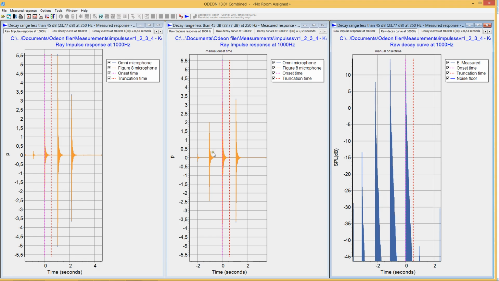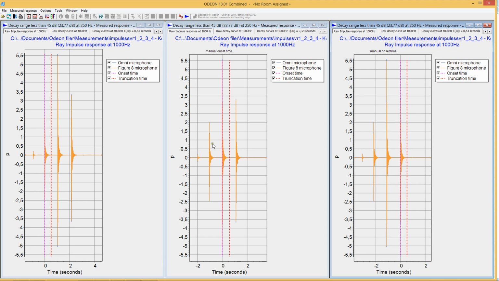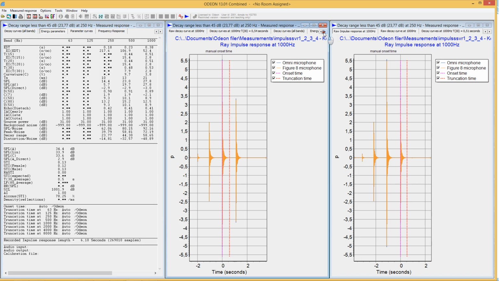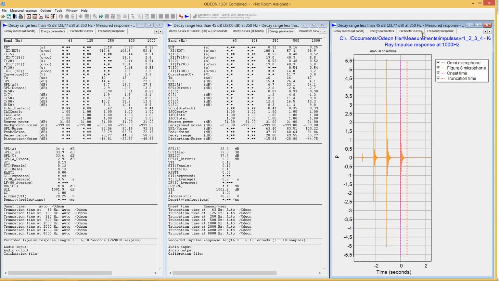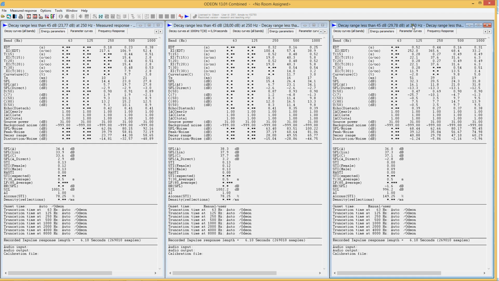So we selected 3 impulse responses, 3 different hand claps, and let's have a look at the parameters. So here we have energy parameters, and this helps me to explain that indeed hand claps can be used for measuring room acoustic parameters, and in some cases they might be quite a doable way to obtain at least some draft or sketchy or snapshot recordings of room acoustics.